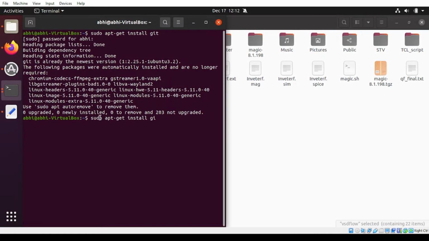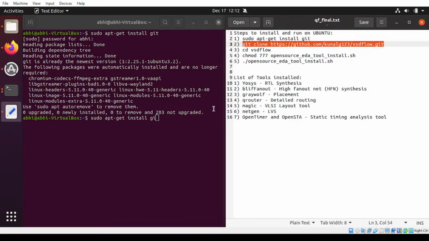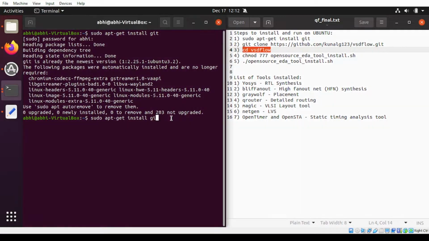So this is the second command you press. What it will do is download. Once you download that, change the directory to VSD flow. So basically, as I mentioned, I have just shown the VSD flow directory, it will change the path to that. Just copy this, go here and press middle click. So this will change the directory. So we are now in the VSD flow.